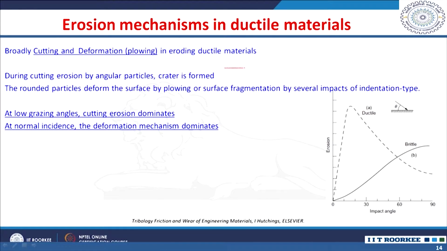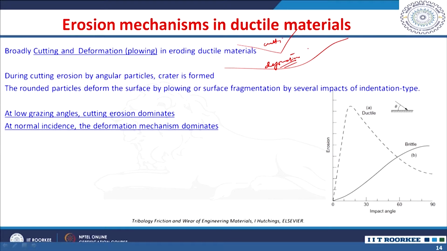So, you will have lip removal if you have this cutting, or simply deformation, which we call ploughing. During cutting erosion by angular particles a crater is formed, while rounded particles deform the surface by ploughing or surface fragmentation by several impacts of